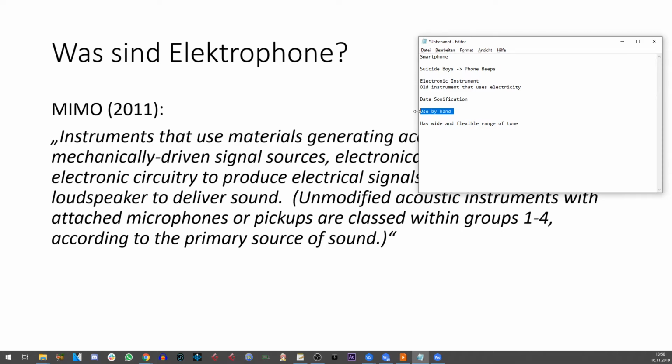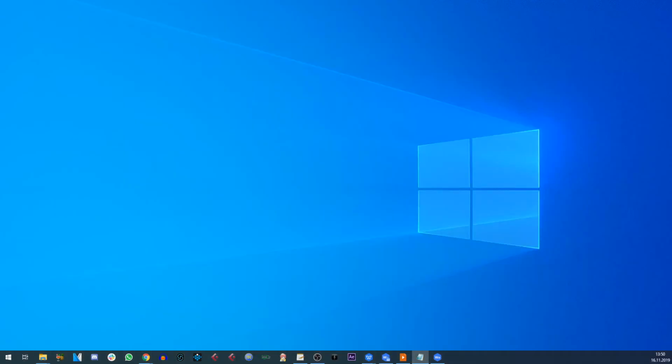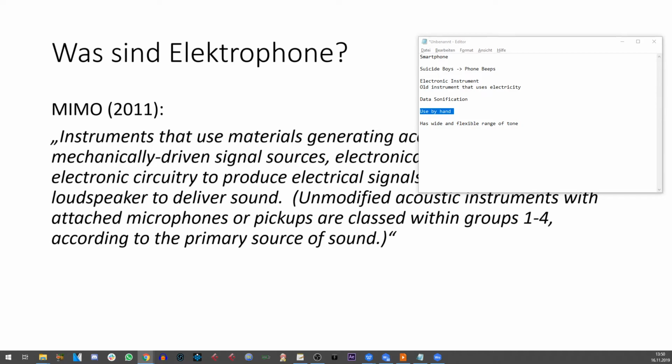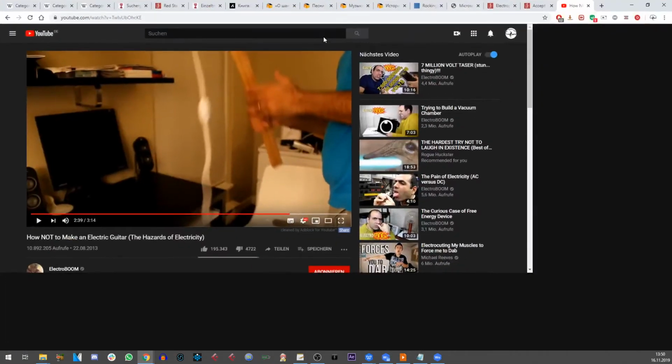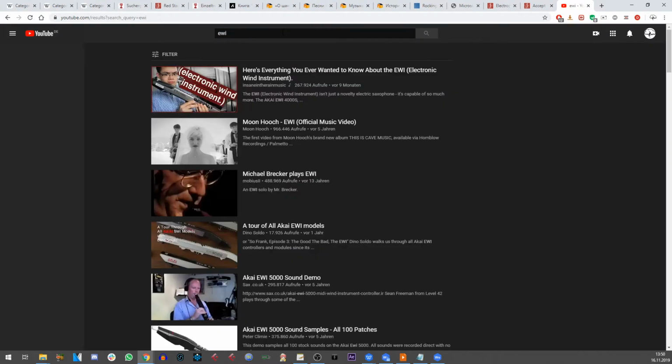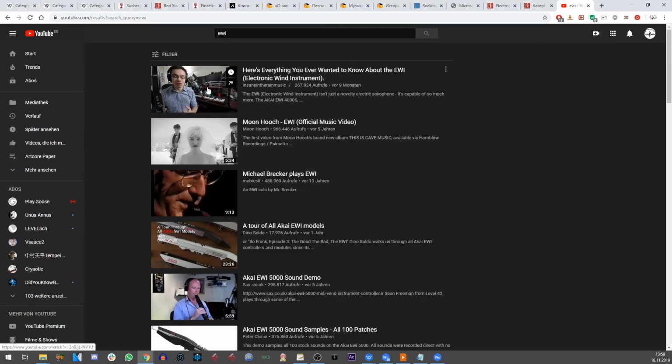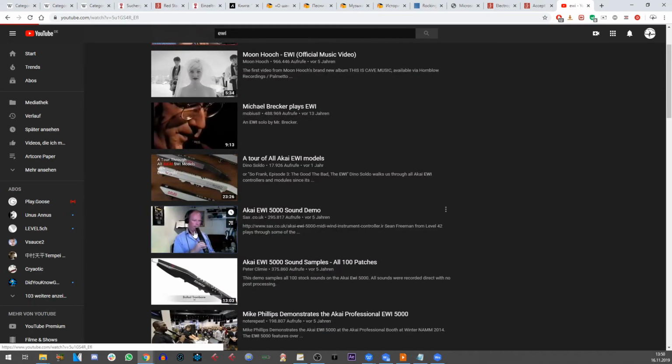You can also look back at our definition, the use by hand definition. Against that definition, we have the UI. I'm going to show it off real quick. Let's get electrophones in here. I'm going to answer that question about the mic in a second. I'm going to show off the UE first. Electronic wind instrument. Yeah, here's a sound demo.